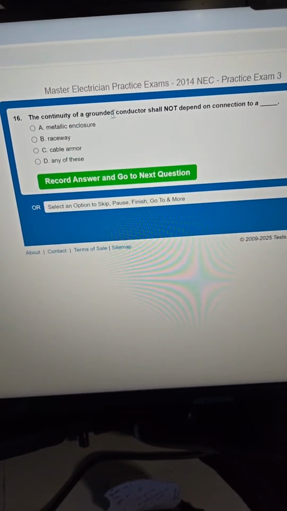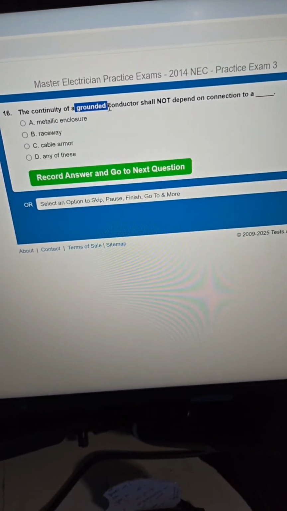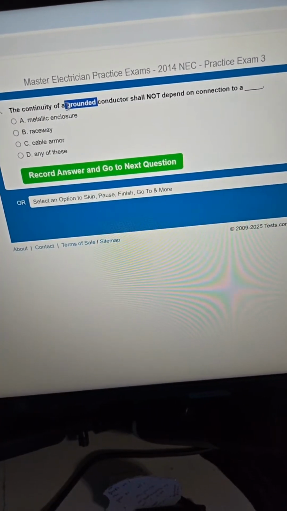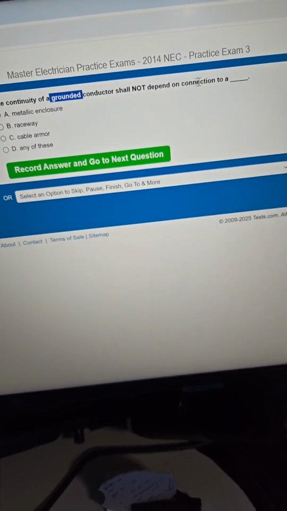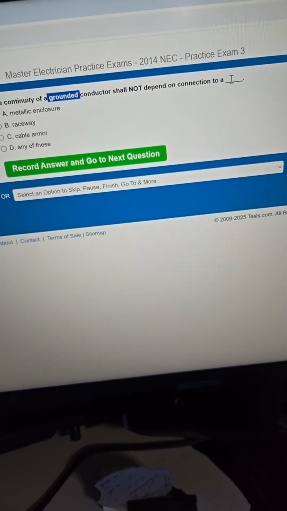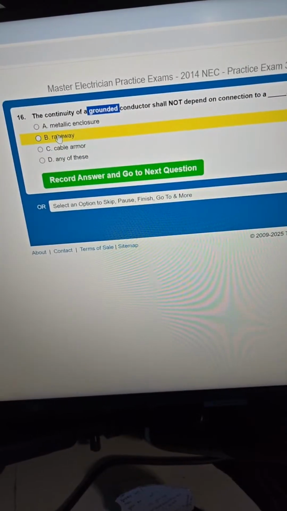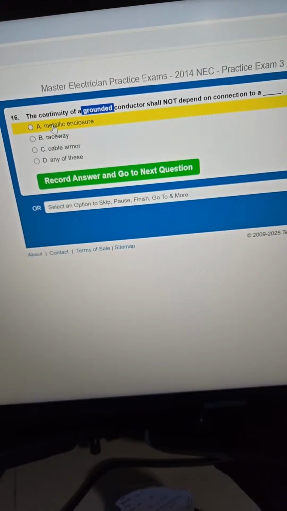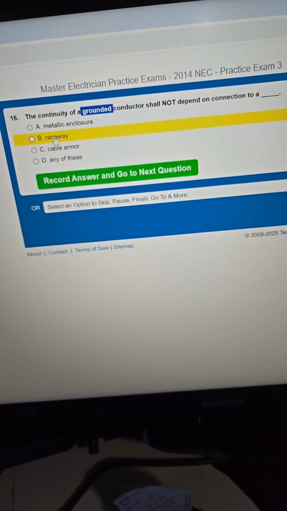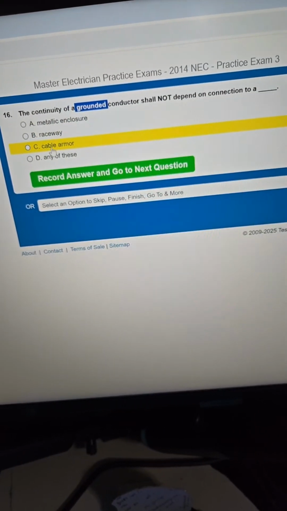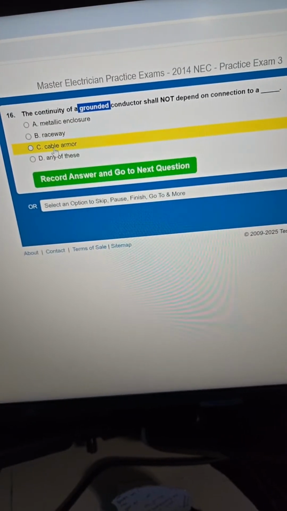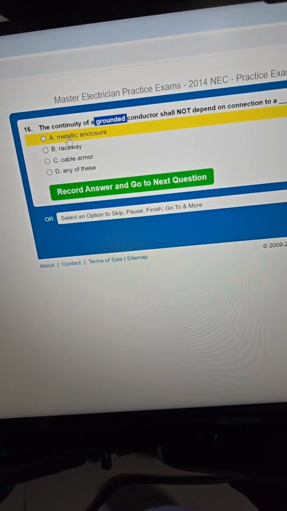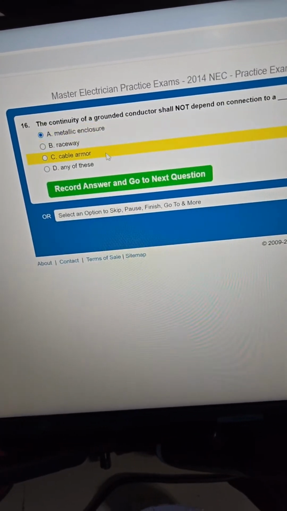This is the grounded conductor. So the grounded conductor is a neutral, okay? So the continuity of a neutral shall not depend on the connection to A. It's probably all of them. But here's the deal. It's probably metallic enclosure